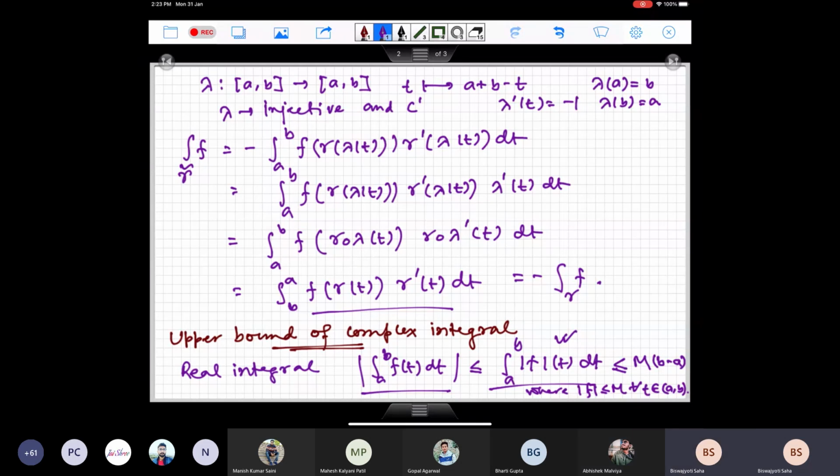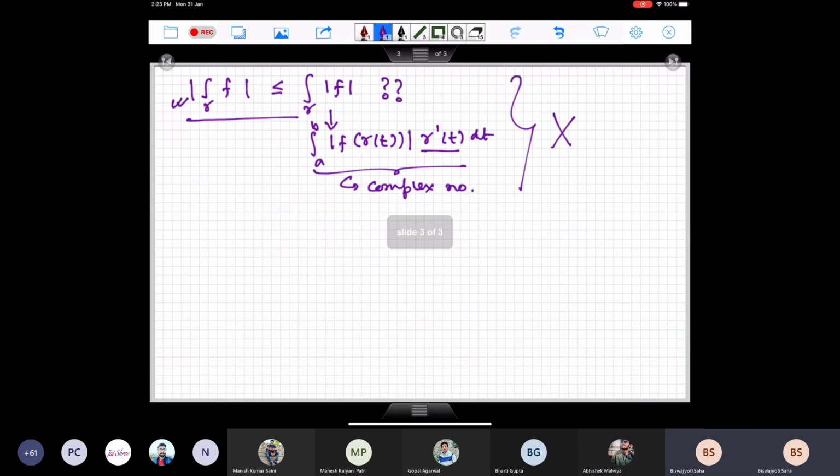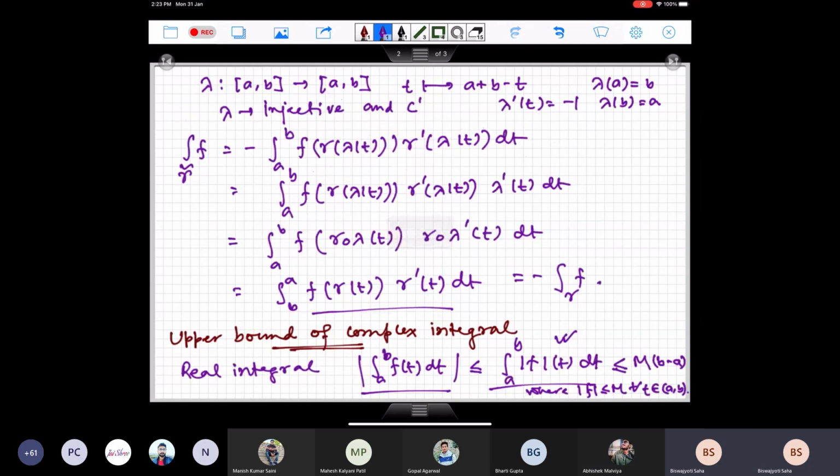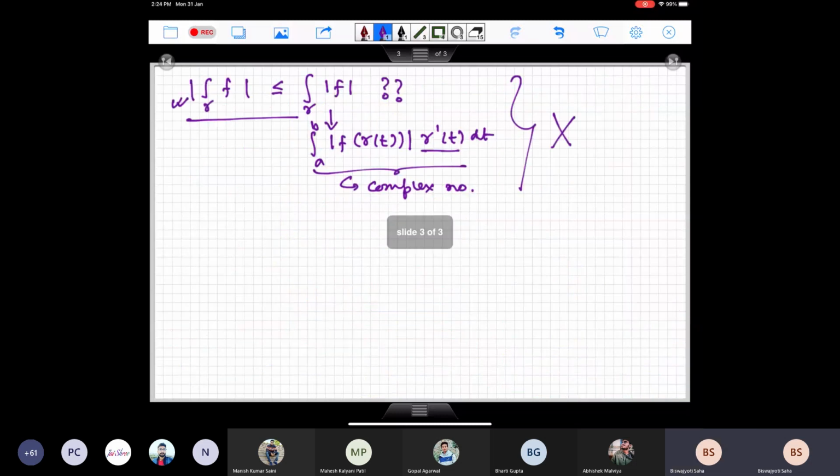Yes, sir. Okay. What we are going to do is a similar thing over here. One thing that you should observe: what is this b minus a? This b minus a is the length of the interval where I am integrating. So this is the length of the interval. Okay, great. Let's keep that version in our mind,